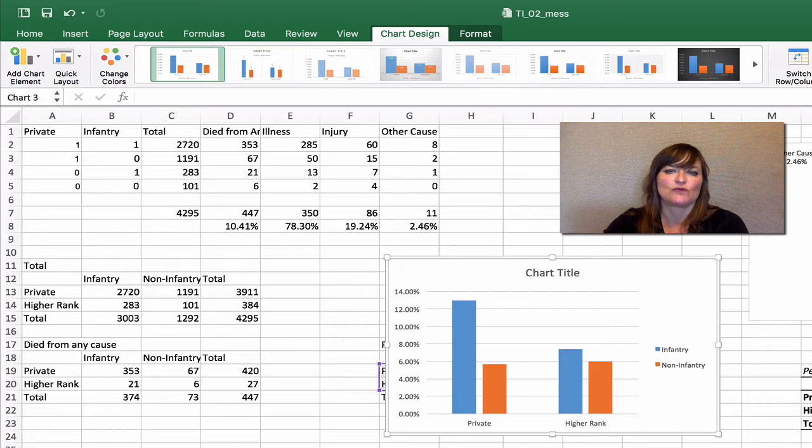We need to know how to decide. Which predictor variable should we put on the bottom, on the x-axis? Which predictor variable should we put in the legend? In this case, it doesn't make much difference.